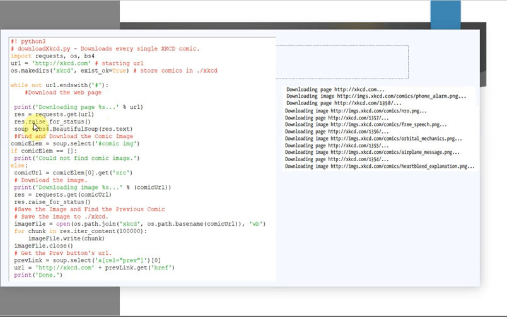The requests.get call downloads the page and you have the response object, here called res. For checking, you use the response object's raise_for_status. If any error has occurred during downloading, it raises an exception and ends the program if something has gone wrong during the process of downloading. Otherwise, nothing happens.